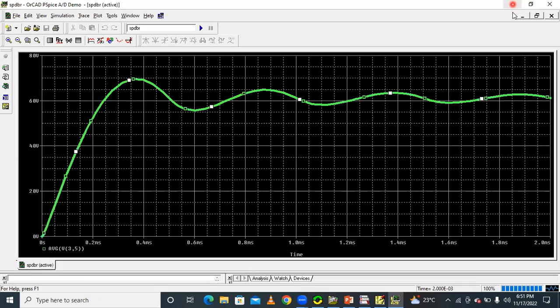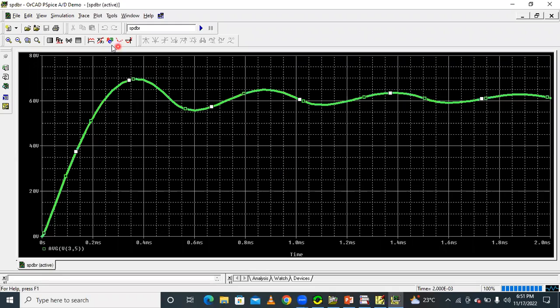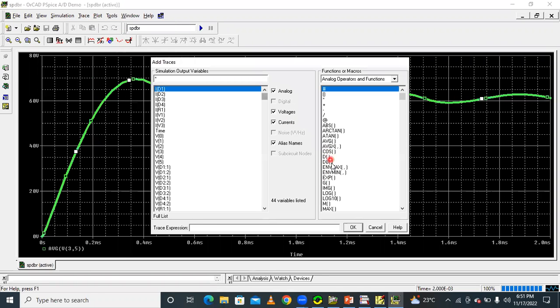And similarly, how to find the RMS value? Go to Trace, Add Trace. Here, in the right side box, under Functions, this is called RMS. Take the RMS value. Average value is our, and then next RMS. RMS of V of